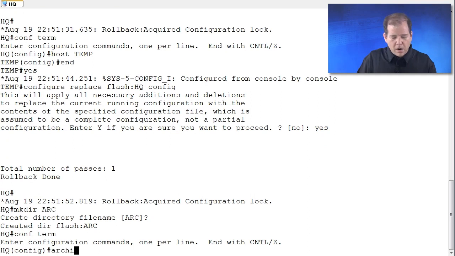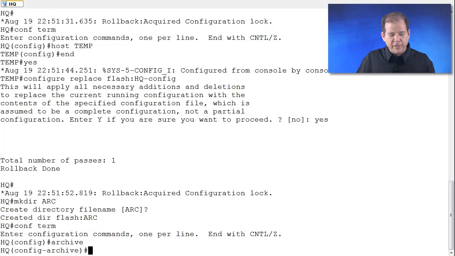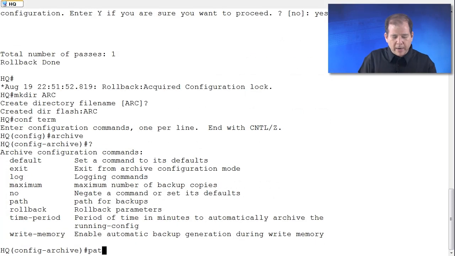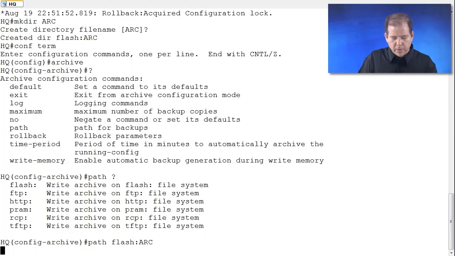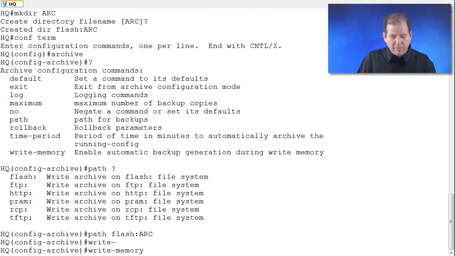Now let's go into global configuration mode, and let me show you the archive feature. I'm going to say archive, and we go into archive configuration mode, and I can say, where do I want to store my archives? I can specify a path. A variety of places. I could store it off of this router if I wanted to. I'm going to say, put it in Flash, and put it in this arc directory that we created. Now, what's going to trigger an archive to happen? It could be whenever I do a copy run start or do a write mem, because I think that would be a good time. If we make a change to our configuration, that might be a good time to archive that configuration. I'm going to say that I want to trigger this every time I do a write memory,